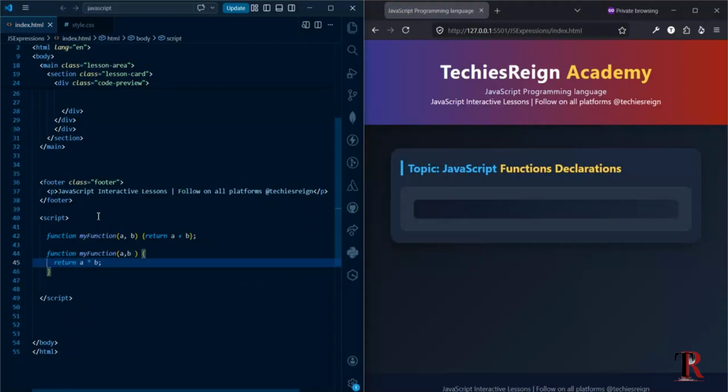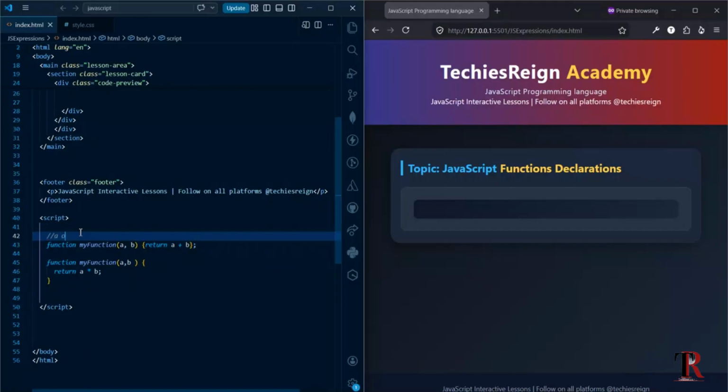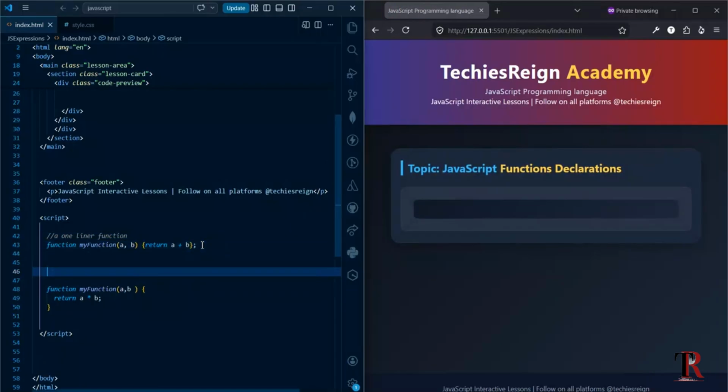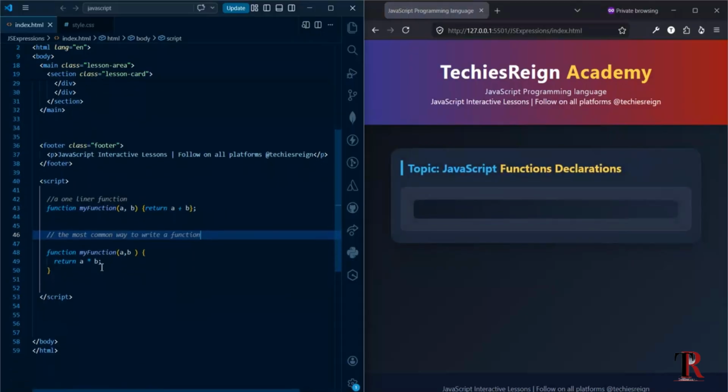Now you will see that this is a one-liner function. Let me indicate this with a comment, a one-liner function. But this other one is the most common way to write a function. So it's not that this code will not work, it's just that this is the most common way, and separating them on each line makes it more readable than if you just jam pack everything on one single line